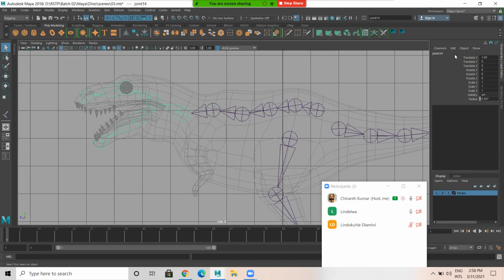Then I'm selecting this. This is base head. Okay. Then I select this. This is neck. Okay. Then I select this. It's jaw 1 and select this, jaw 2.